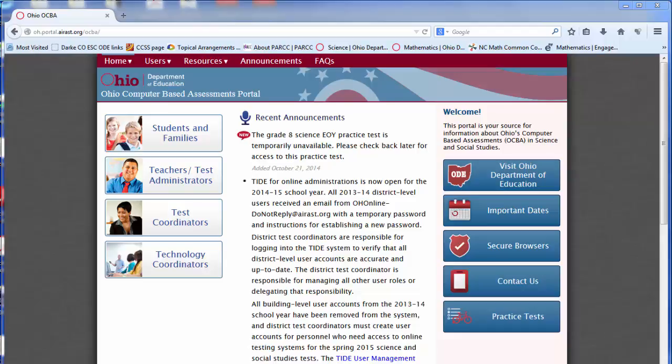This tutorial will focus on the Physical Science End of Course exam for the end of year. We have another tutorial for the Performance-Based Assessment, but this tutorial will address the end of year, end of course exam for Physical Science. We're starting at the Ohio Computer-Based Assessment portal page, which is